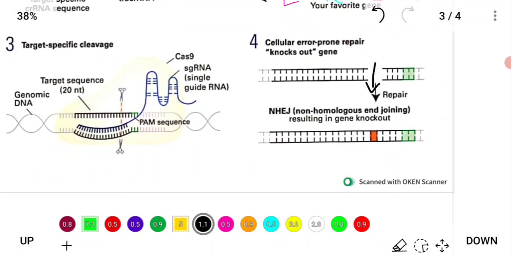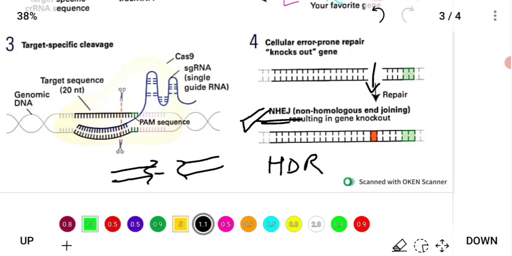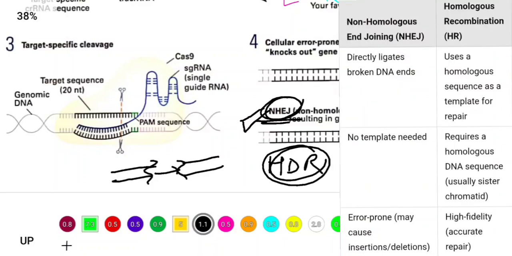And this break will be repaired either by non-homologous end joining or by homology directed repair. If you want a detailed explanation on non-homologous end joining and homology directed repair, you can watch the videos. I'll provide the link in the description. For now, understand this much: in non-homologous end joining, however the sequence has broken, it directly joins it, whether it is right or wrong, so it is error prone. In non-homologous end joining there are chances of errors, but HDR is error free, in most cases mostly error free.